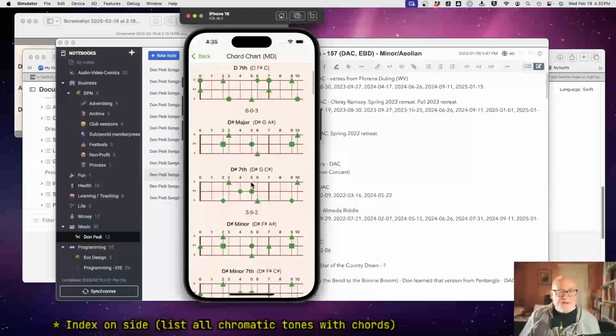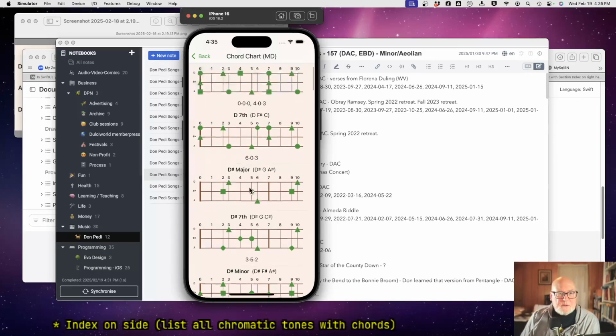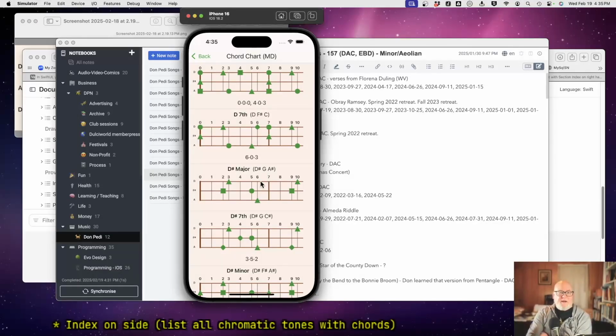Notice there's not a lot of ways to do things. Oh, here's a good one. What's up with this? Something's really weird here. D sharp major. Oh. Yeah. Oh, wow. Okay. So D sharp major, it's not a key you're ever really going to see, but on a dulcimer, D sharp, F sharp, A sharp, we can't distinguish